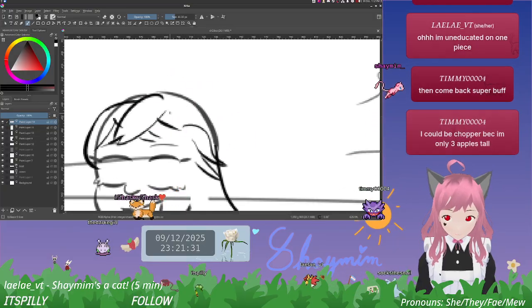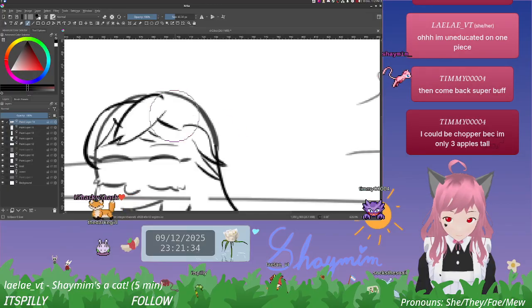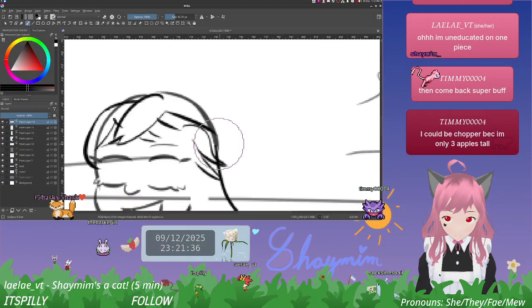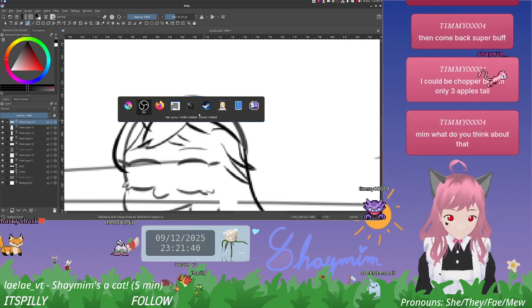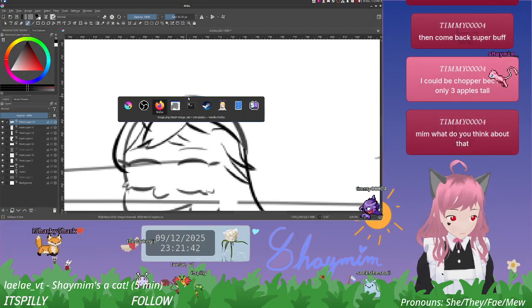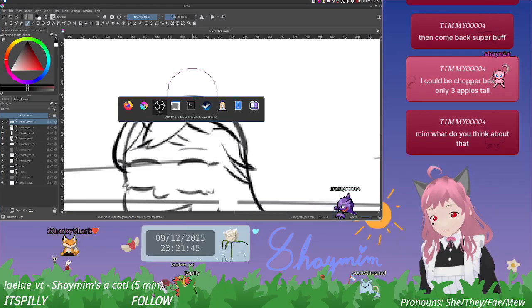Chopper, because you're only 3 apples tall. Absolutely, you get to be Chopper now. It's decided. So let it be written, so let it be. Meow. I keep forgetting that I don't have to meow right now.